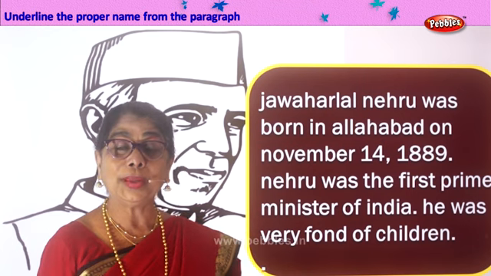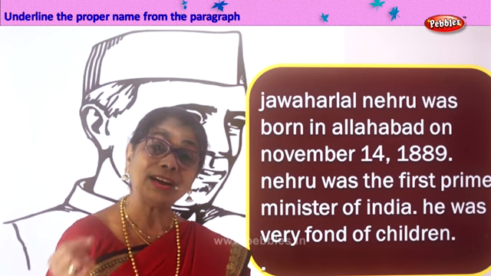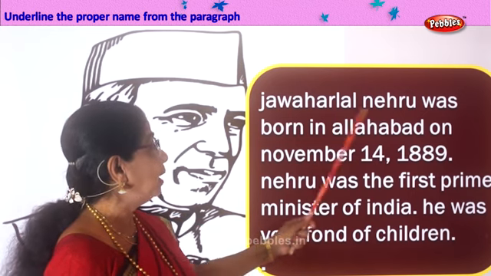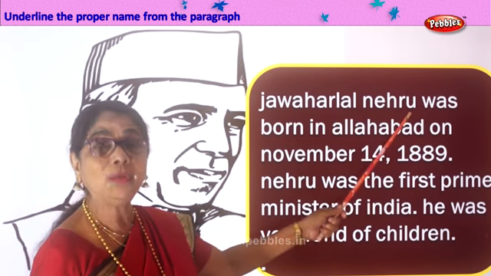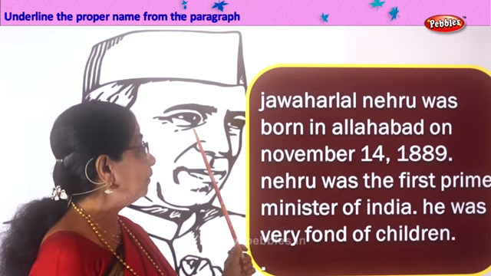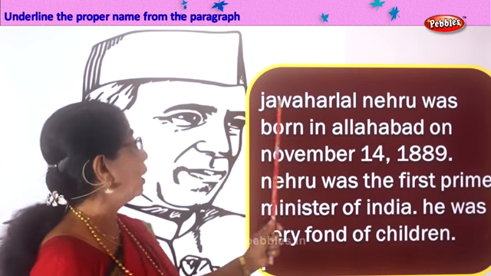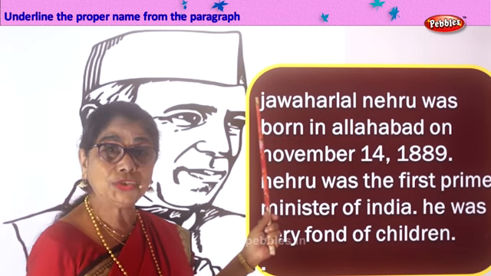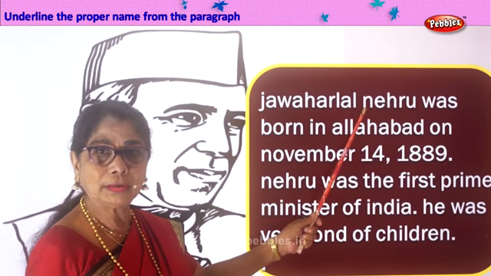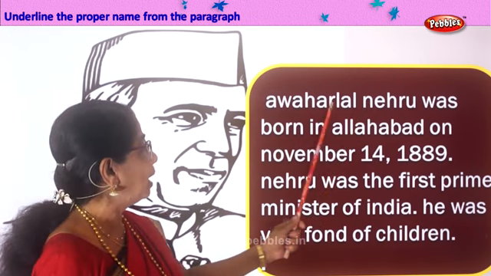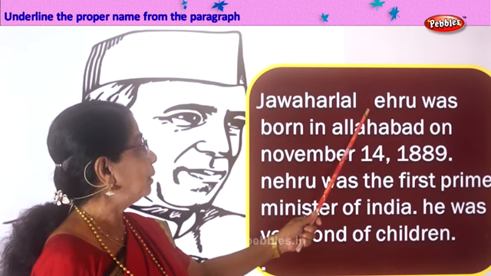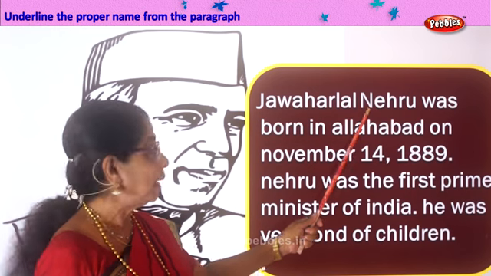Now, what are we doing? Let's find the proper noun. First word, Jawaharlal Nehru. Is it a proper noun? Yes. It's the name of the Prime Minister of India. If it's a proper noun, then we have to change J into capital, N into capital. Yes? So Jawaharlal Nehru, we change the letter J and N into capital. So we have done the first one. Next,